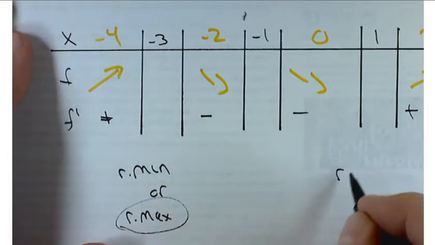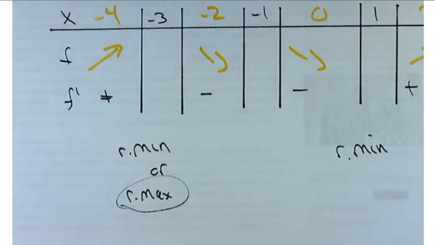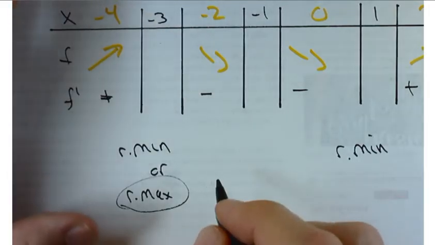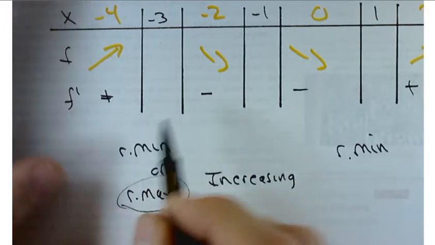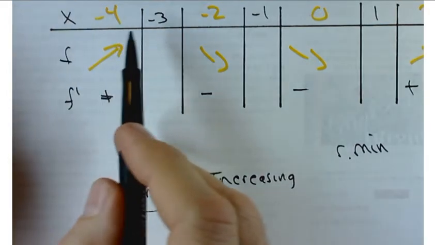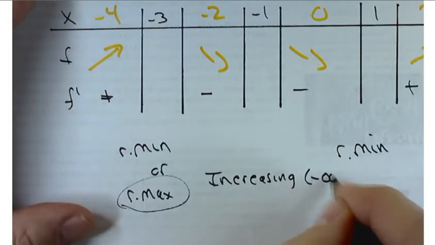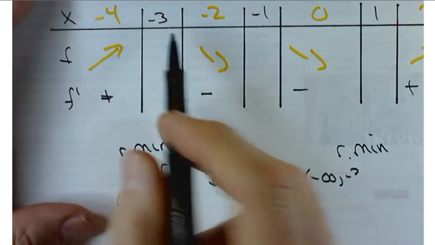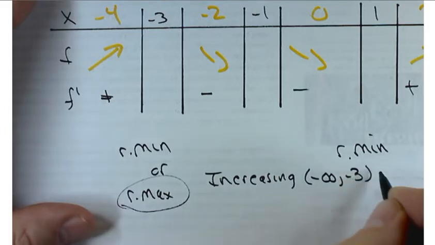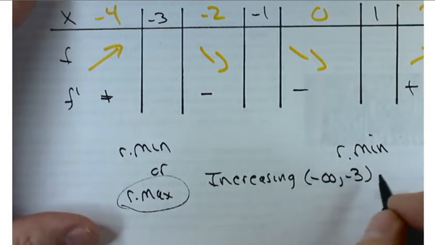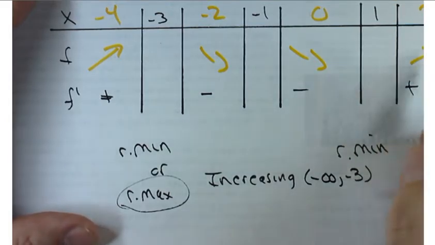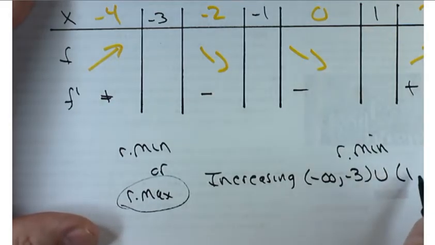As far as the function itself is concerned, it's increasing, not negative 4, negative infinity. It's a negative 3. Negative infinity, negative 3. You're making me feel better. Appreciate that. And then where else is it increasing? Yeah, 1 to 2. Good job. No. Thank you. All right. 1 to infinity. And then as far as decreasing is concerned,